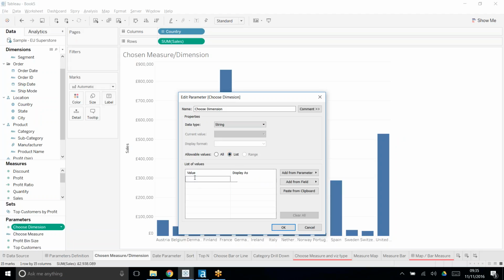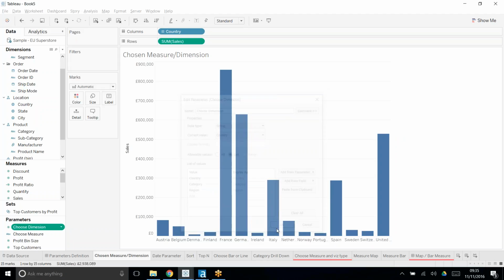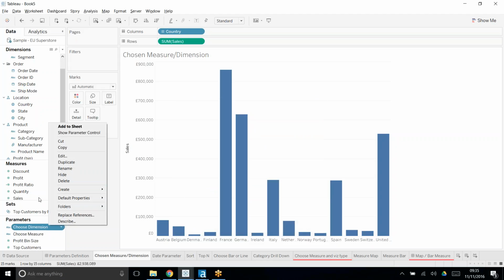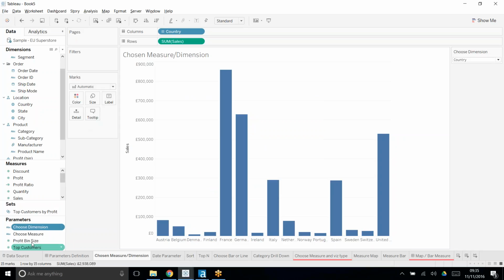And what did we have? We had country, category, and region. Okay. So if we show these parameter controls, you can see that they don't actually do anything